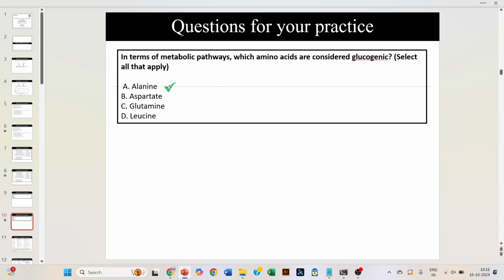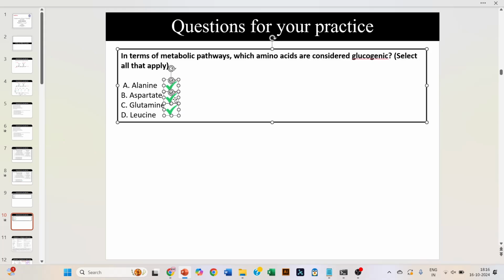So in that case, the question should be, which is not considered glucogenic. Then you would select your leucine. Okay, so I will change this. Right, we have changed this, and now you know that these three are right answers, and we will talk about